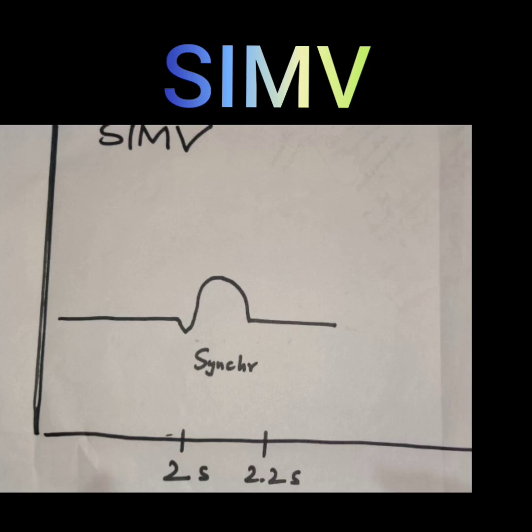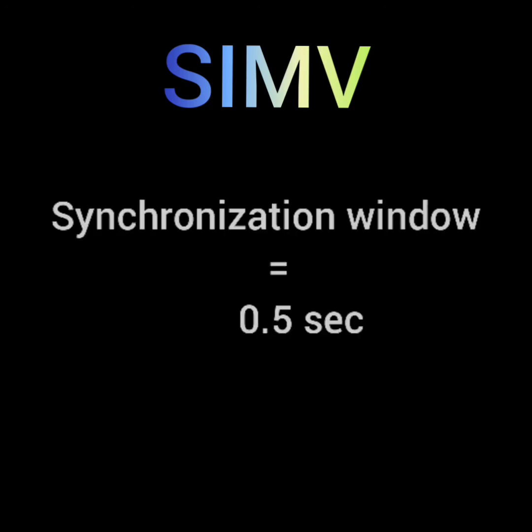Normally it is up to 0.5 seconds on many ventilators. During the synchronization window, if the ventilator senses a spontaneous breath, then it synchronizes the mandatory breath with the spontaneous breath, thus avoiding dysynchrony between mandatory and spontaneous breaths. So SIMV mode is tried for weaning patients off the ventilator, where we can allow the patient to do the work of breathing. By gradually decreasing the number of mandatory breaths, we allow the patient to express more of his spontaneous breaths, and see whether he is capable without the ventilator or not.